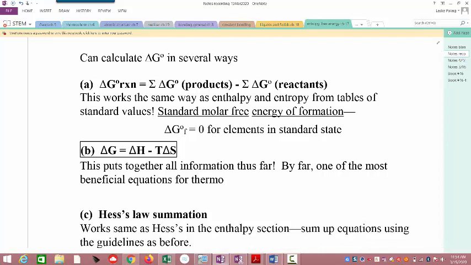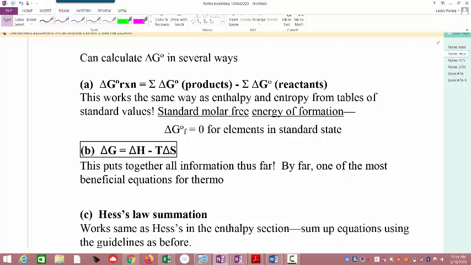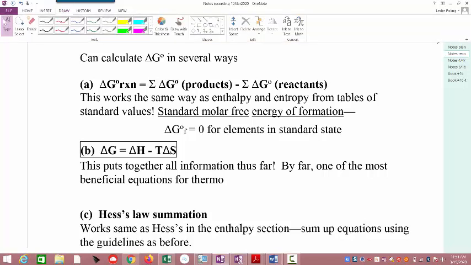So here are different ways to calculate delta G. We have 6 of them. So the first one,